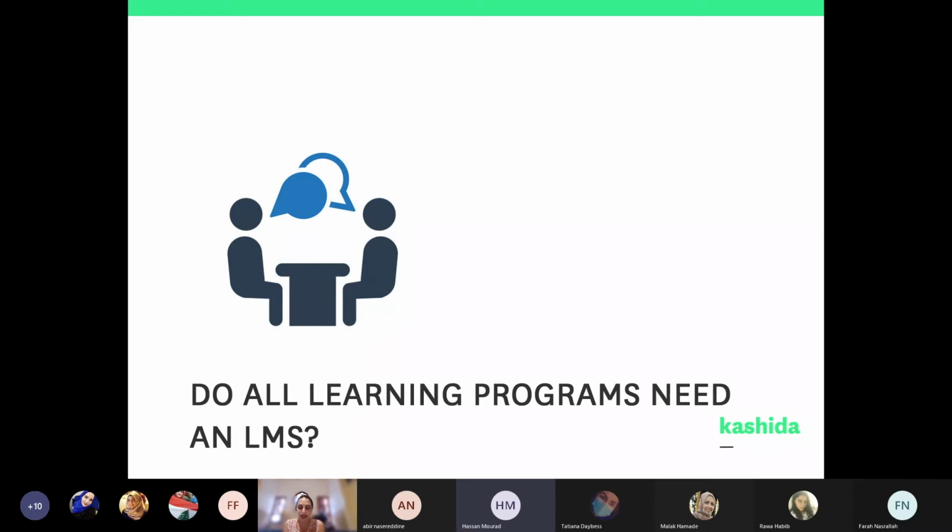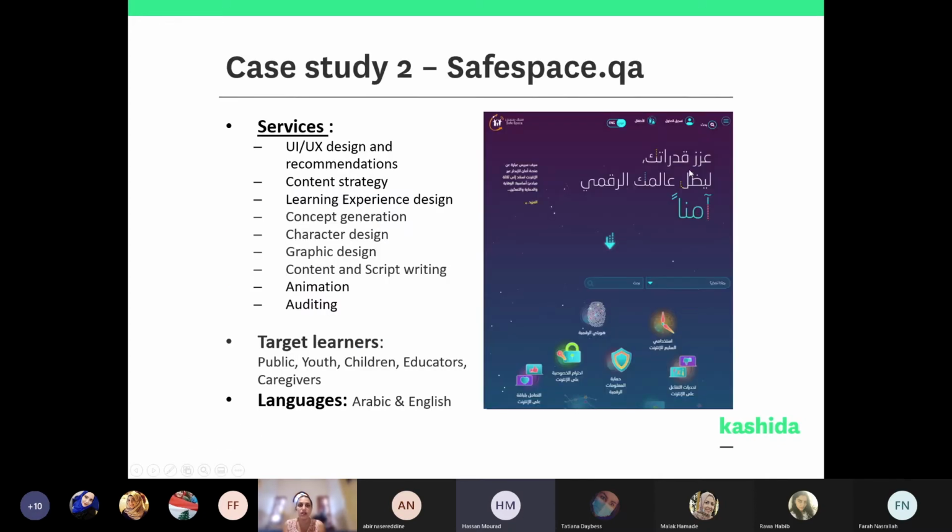In this case, a second example that I'm going to show you, also in Arabic and English from the region, is not hosted on an LMS. It's safespace.qa. It's about cyber safety, and I invite you to go and check it out.